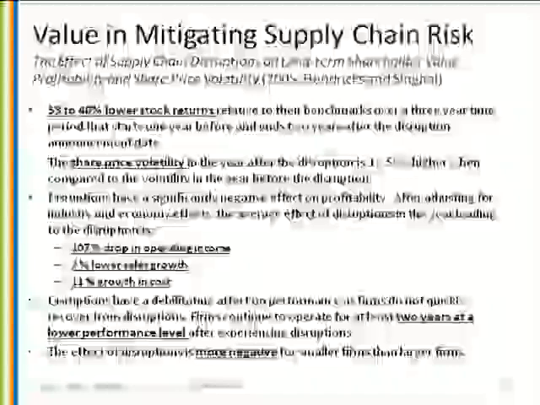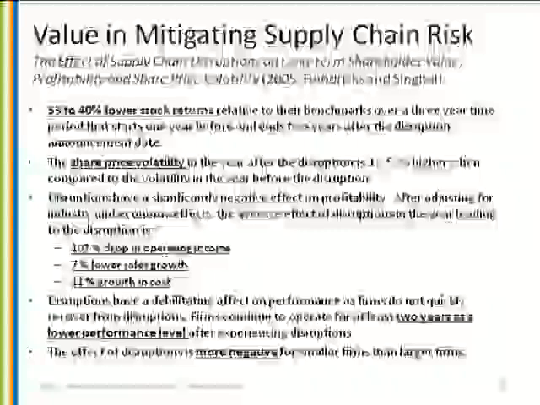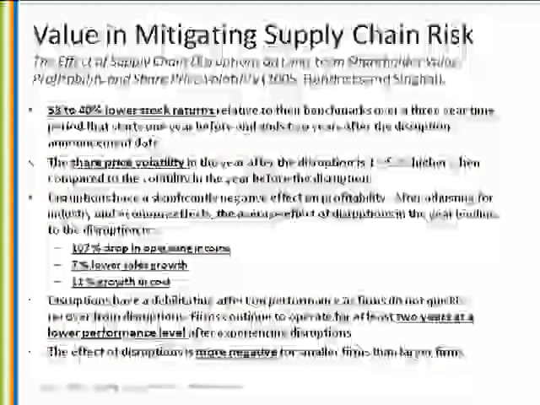That's significant. We also see, for publicly traded companies, much higher share price volatility, 13.5% higher as a matter of fact. And when we talk about the average effect of disruption, we see drops in income, lower sales growth, and higher growth in costs following the disruption as well. The interesting thing is that when we compare large and small firms, it's much more negative for smaller firms, because they don't have the redundancy or the bandwidth to navigate that like their larger competitors.